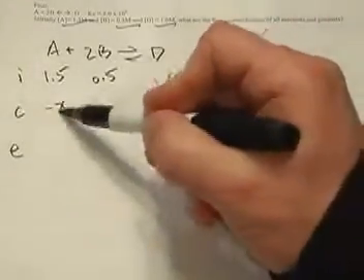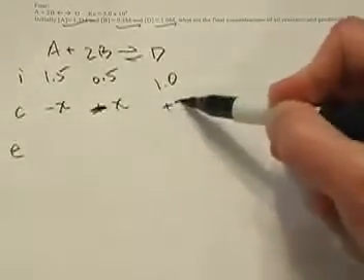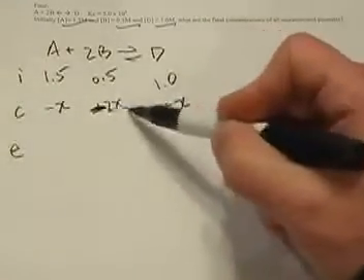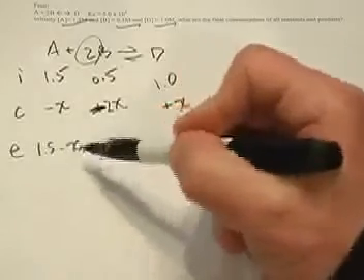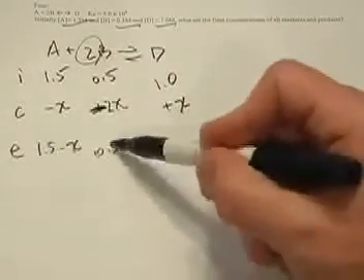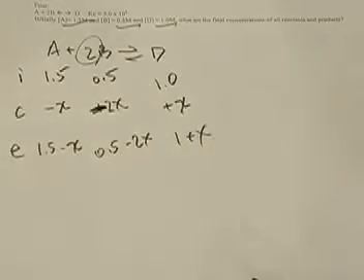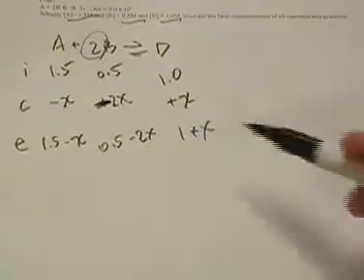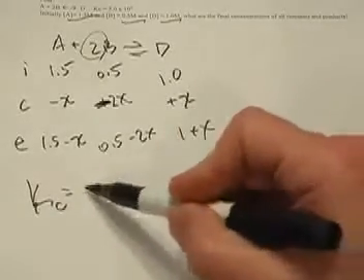Your change then is to lose x, and gain x. Notice you'll lose 2x here because there's a 2 in front of the b. And you end up at the end with A being 1.5 minus x, B being 0.5 minus 2x, and D being 1 plus x. Now you can take this and plop it into the equilibrium constant expression, which is equal to 5